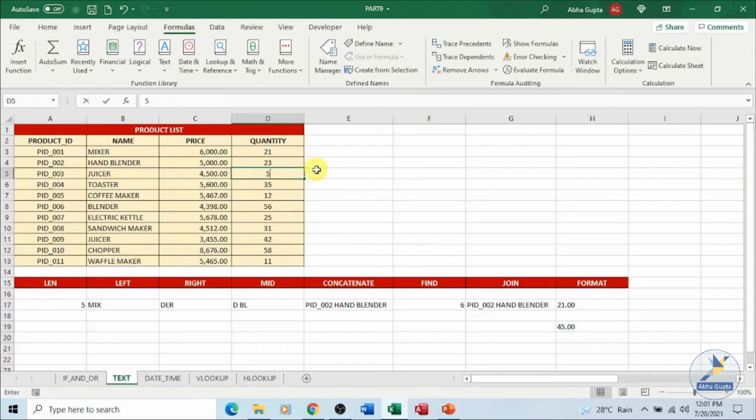If we have like more data over here, you can always see the changes over here. Plus, if you want, together with text, you can use the date function also.